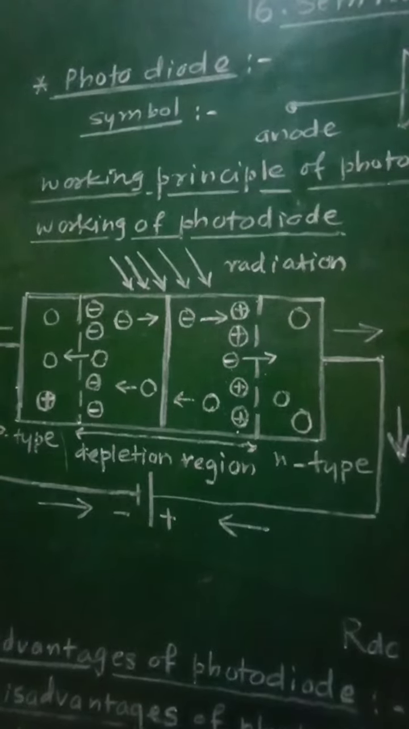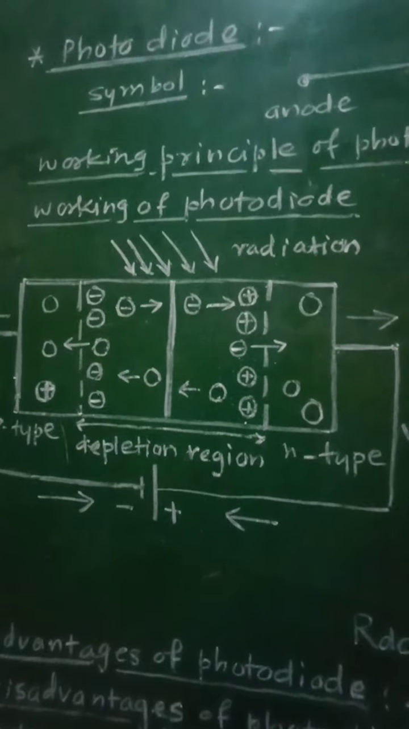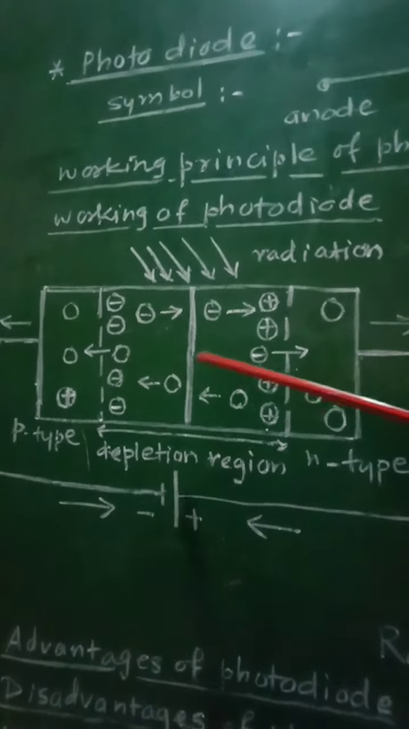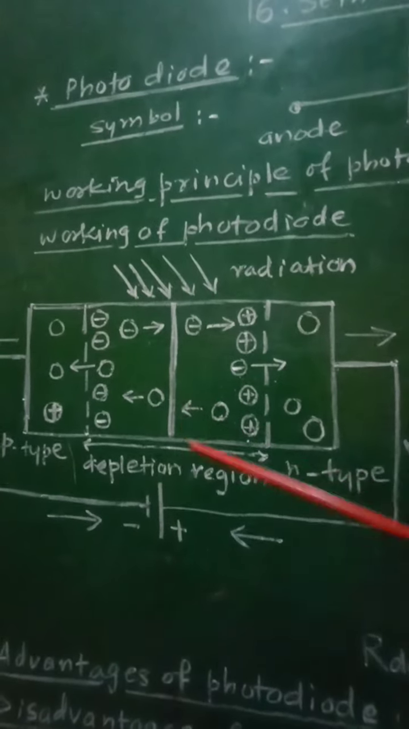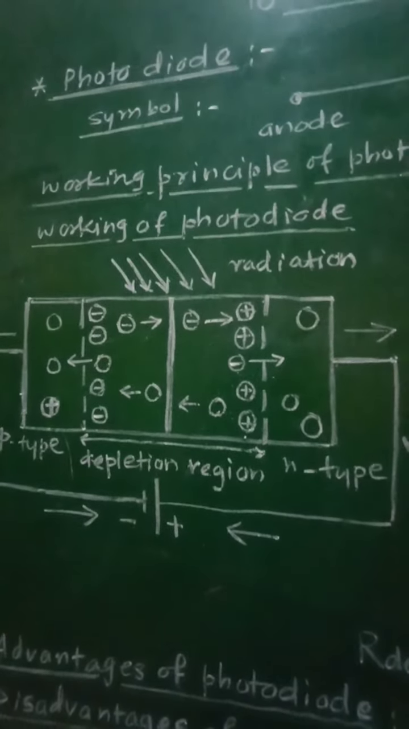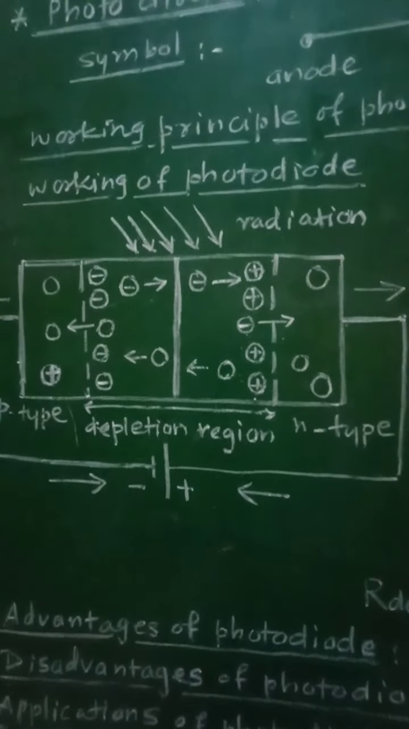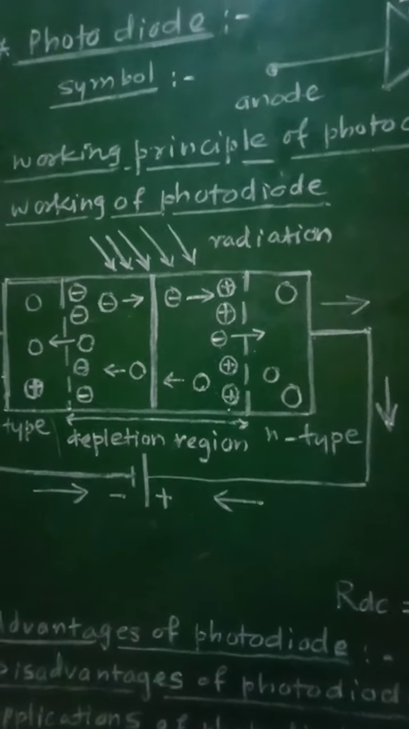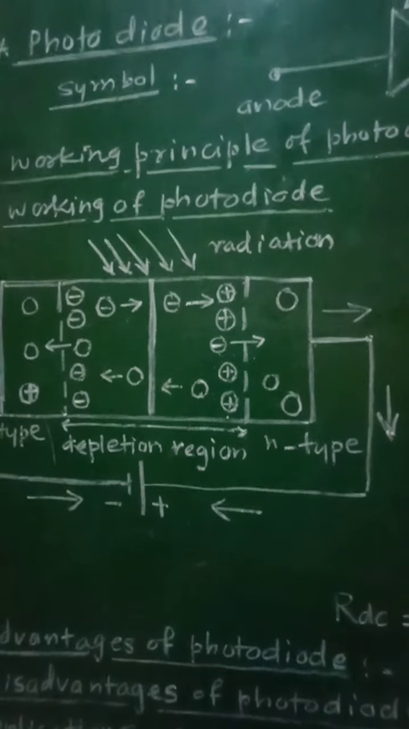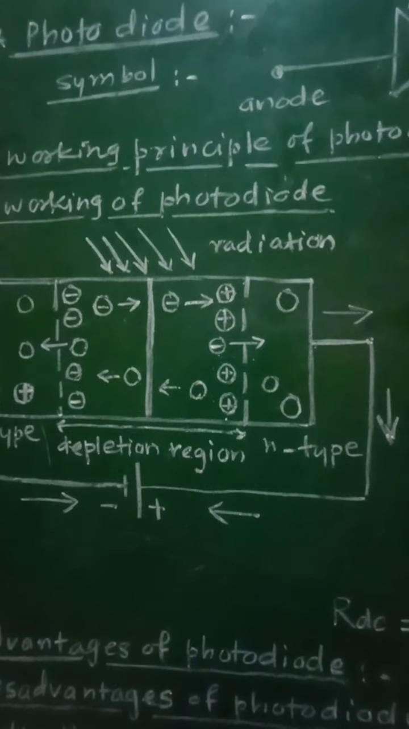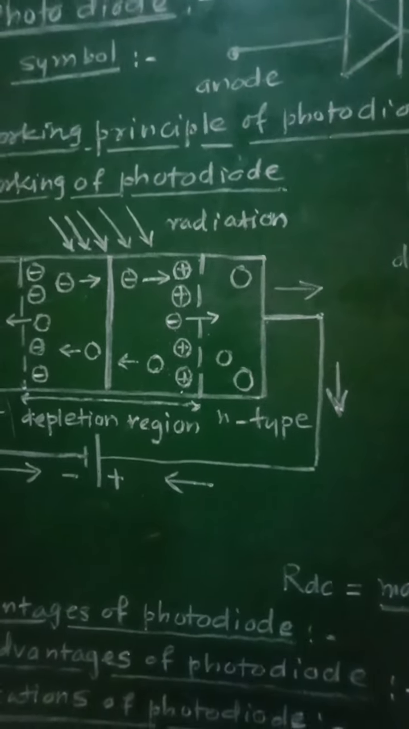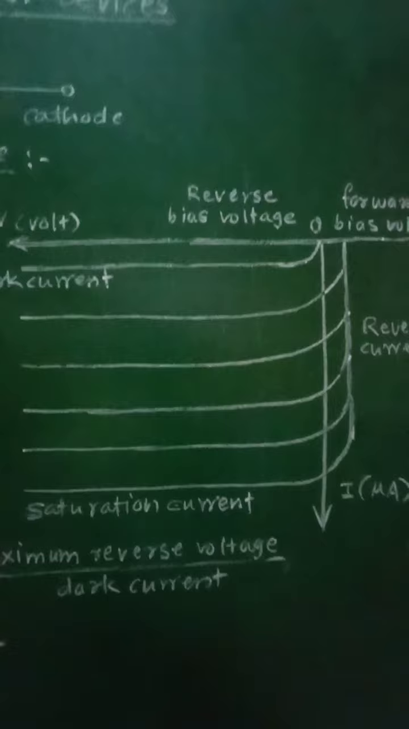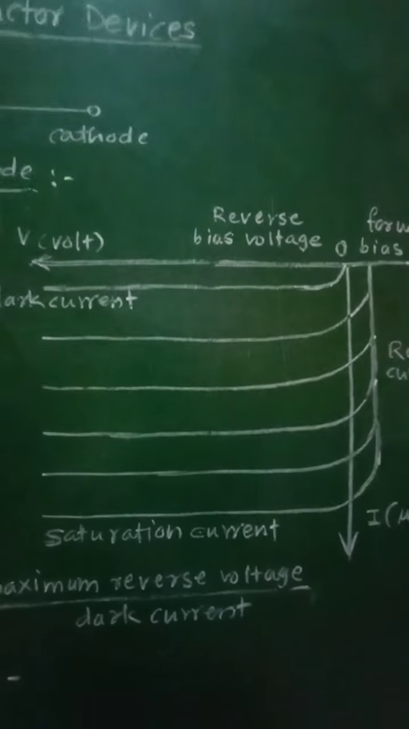The reverse current can be controlled by controlling the concentration of the minority carriers in the junction. So reverse current can be controlled, that means it will increase or decrease by controlling the number of minority carriers in the junction. Now the IV characteristics, if you plot the IV characteristics of the photodiode, then these characteristics